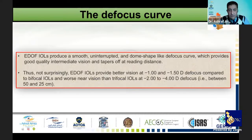But in the defocus curve, the EDOF produces a smooth, uninterrupted, dome-shaped defocus curve, which provides good quality intermediate vision and tapers off at the reading distance. So it's not surprising that the EDOF provides better vision at -1 and -1.5 diopter defocus compared to the bifocal. Then the trifocal gives the best vision at -2 to -4 defocus, between 50 and 25 centimeters. But this depends on